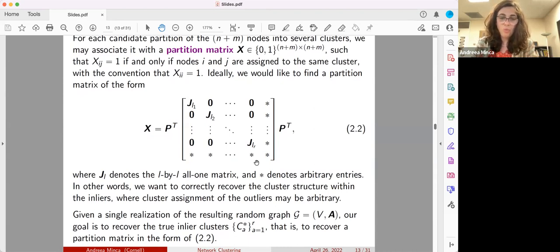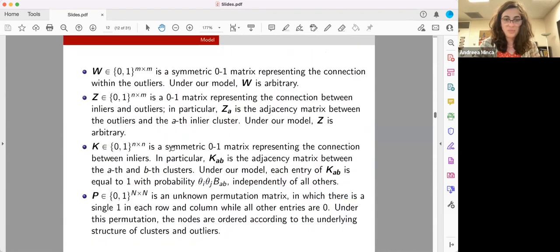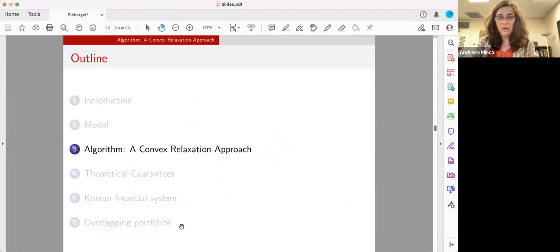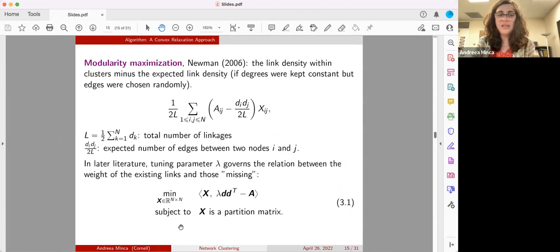So what you want to find is a partition that has this form, and this partition is going to implicitly give you this permutation as well. This permutation again is the unknown permutation matrix in which the nodes are ordered according to the underlying structure of clusters and outliers. Okay, so now what is the algorithm doing? So the algorithm is based on,